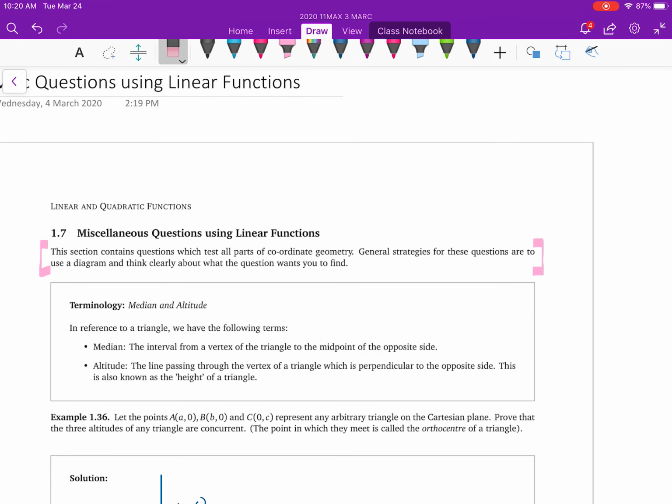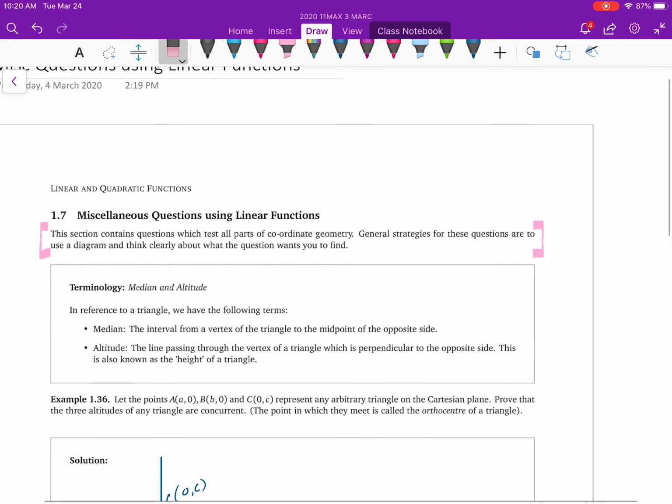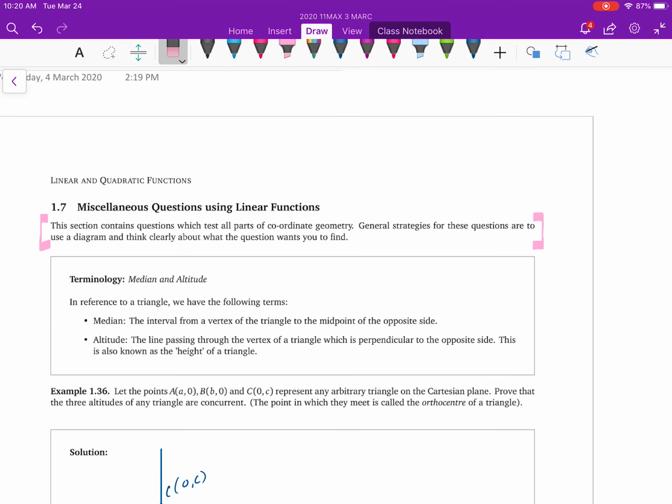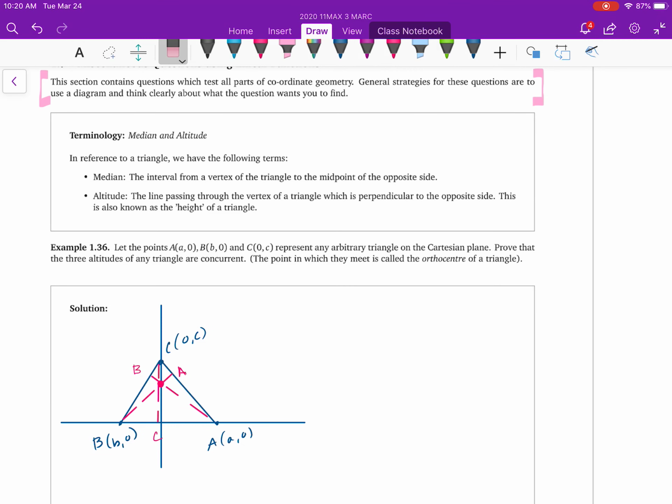So this video will walk you through how to do example 1.36 of the linear and quadratic functions booklet. The first thing is, anytime you have a problem dealing with coordinate geometry, if you can sketch a diagram, sketch a diagram. So what I've already done is produce a diagram with points A, B, and C being arbitrary vertices of a triangle,